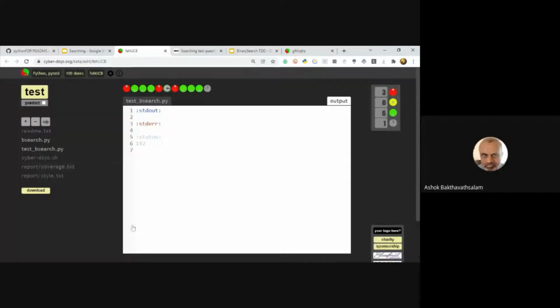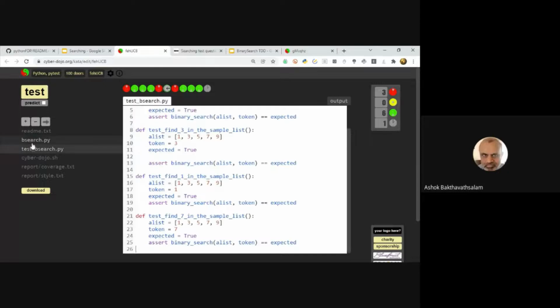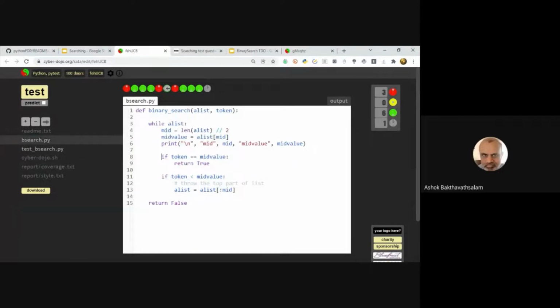And so it's timing out in some weird case. And that is because why? Because we've handled the if situation, but we've not handled the situation when the token is higher than the mid value. It's only lower and equal to, therefore. Yes. So in that case, we have to throw away